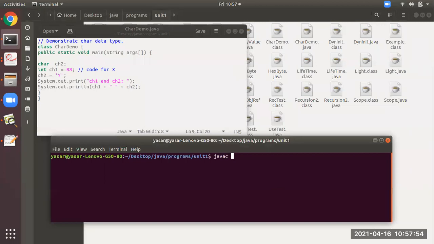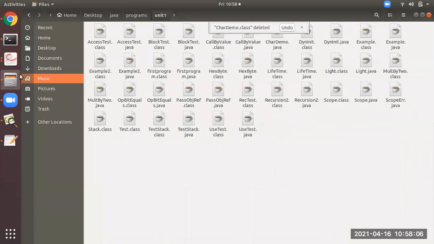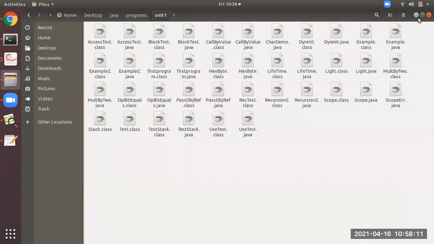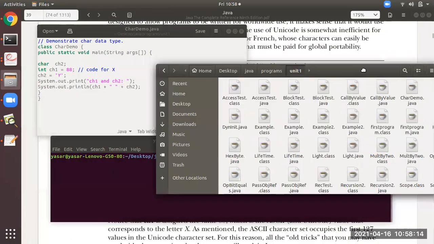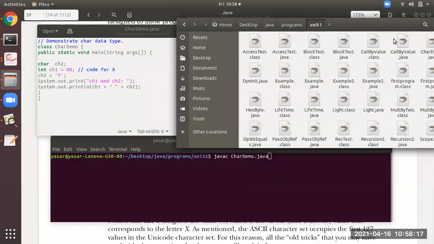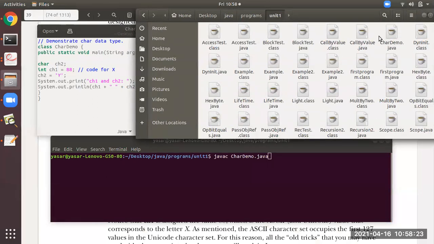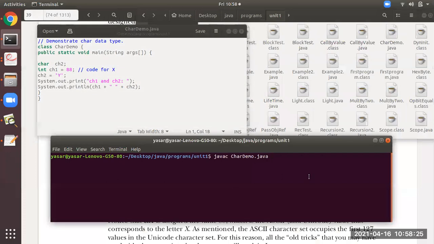I will compile the program with javac CharDemo.java. See, in the background, there is CharDemo.java only. Now I will compile this program. I have typed the command javac filename.java and I am pressing enter. You all observe here.